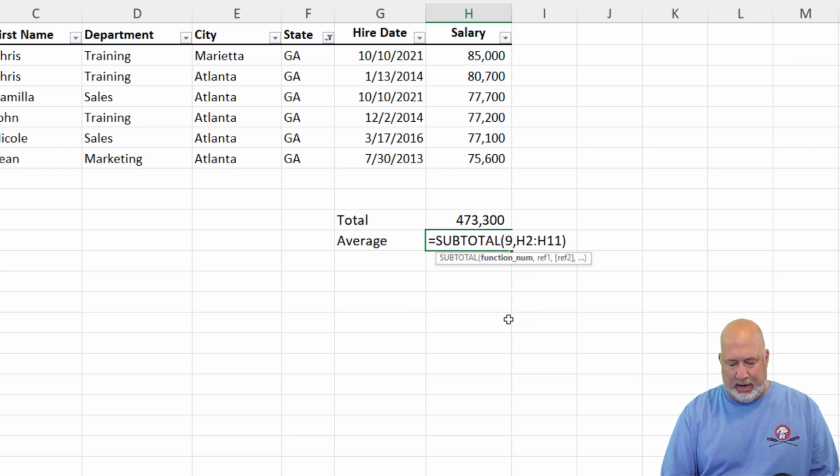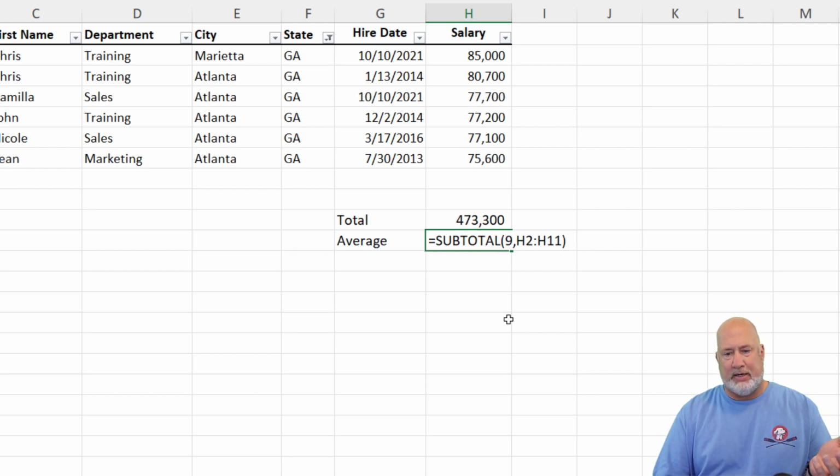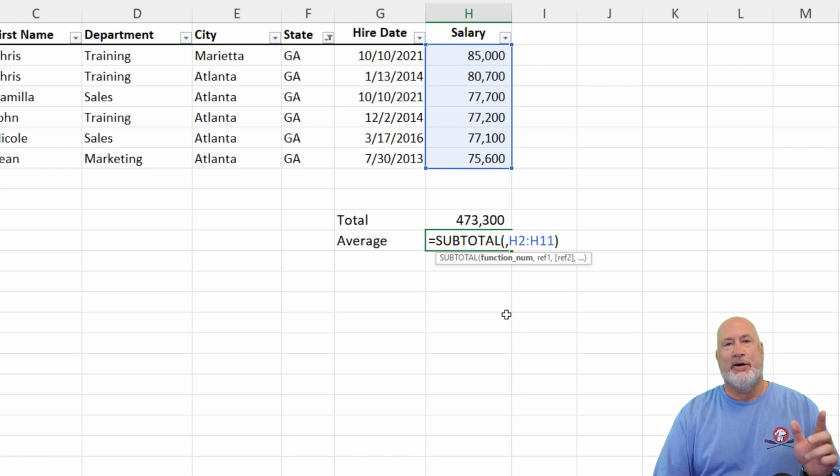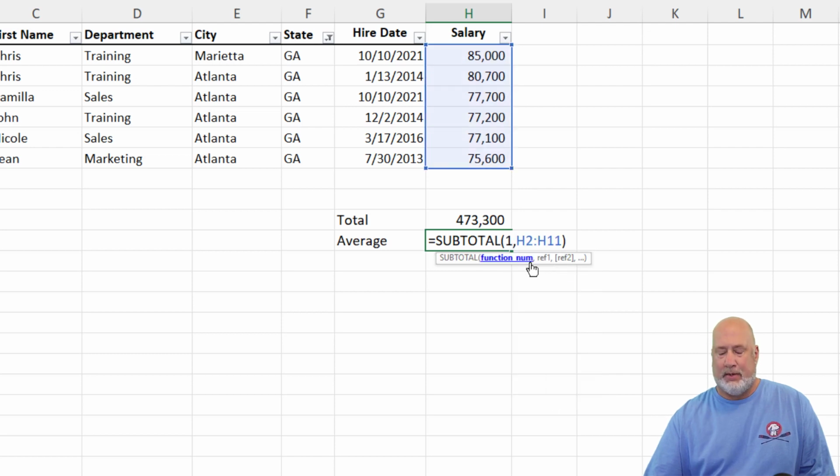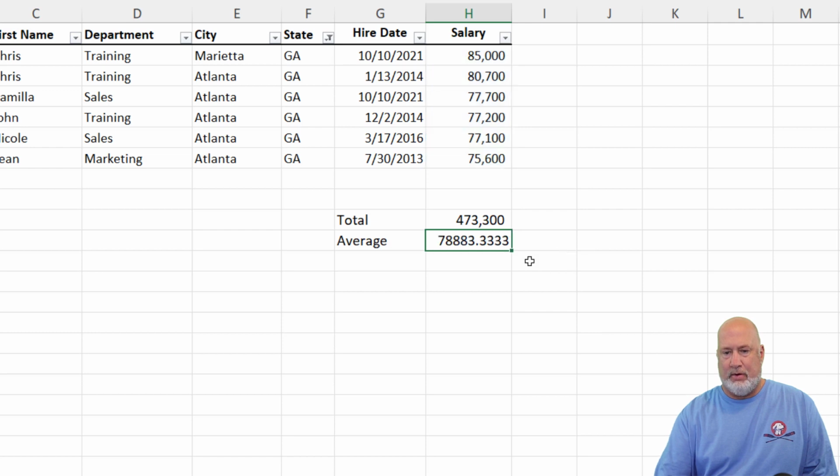I don't need the number 9. Here's another cool tip. I'm going to delete the 9 first. To be clear, deleting the 9 was not the cool tip. Alt Down Arrow is the cool tip. It's within that function again. What argument do you want to use? I want the average. Average is 1. Again, I could have used 101, but I'm going to just use 1. There I go. The average is